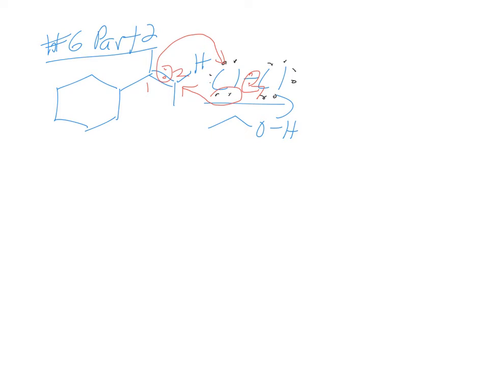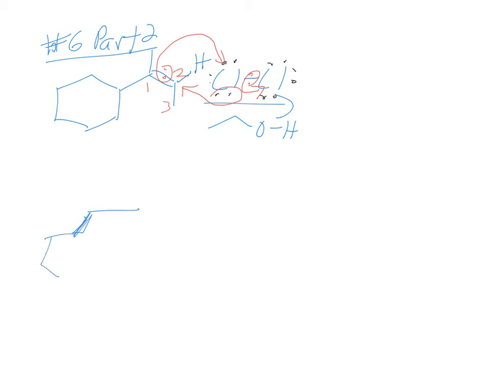Now, the stereochemistry part of this is important. What is the hybridization state of carbon 1 and 2? What are their hybridization states? sp2. So what's their geometry? Planar. So the Cl can come from the top or it can come from the bottom. So you're going to get both of those enantiomers. So as I redraw this, I need to be cognizant of something. This ring and this methyl, if I number this methyl 3, they're both on the same side of the double bond, aren't they? So when I redraw this,